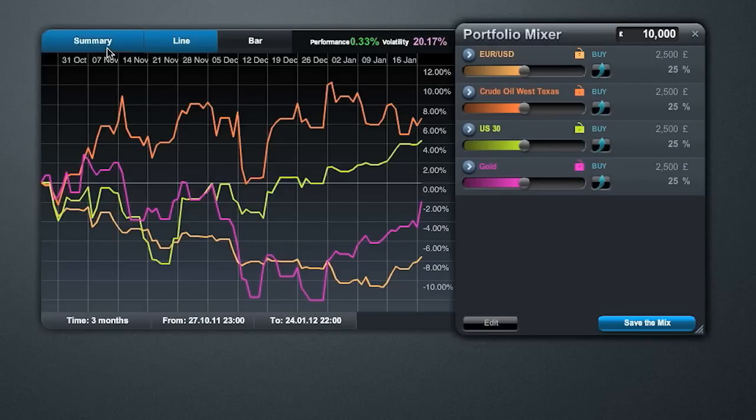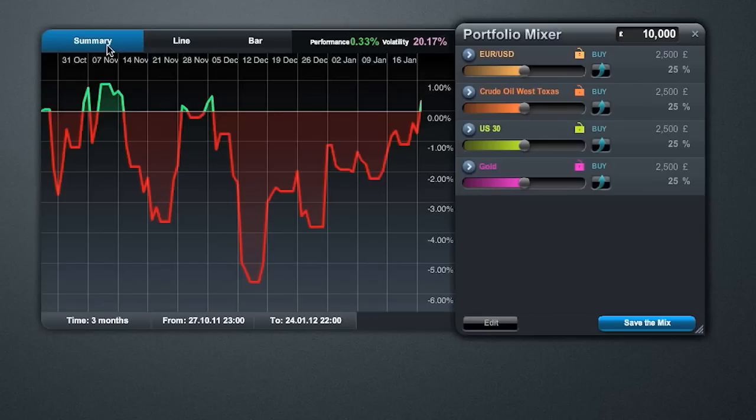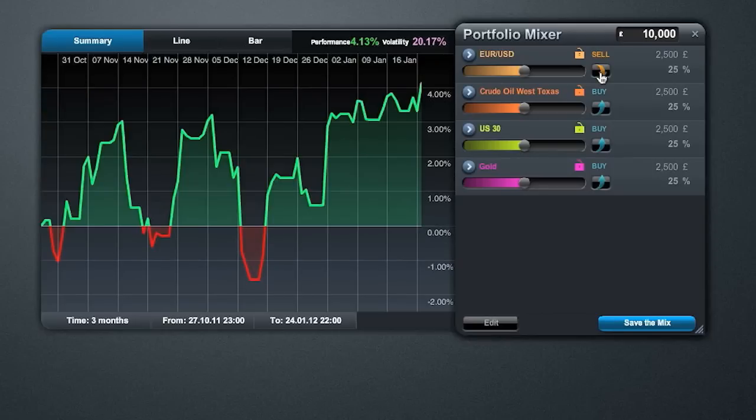So looking now at our summary, as an example, shows that a number of these instruments through the last 3 months had underperformed and had a performance of less than zero, or in other words, they lost money. Generally speaking, a portfolio of being long 25% of each of these would have generated losses through most of the period. However, if we make a few changes to the portfolio, you can see that you have room for improvement. For example, if we change the euro-US dollar and made it short instead of long, you would actually have been profitable for most of this period of time.